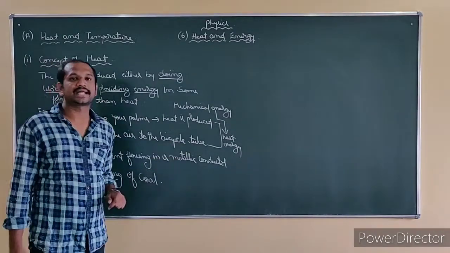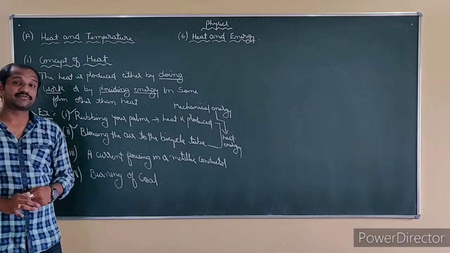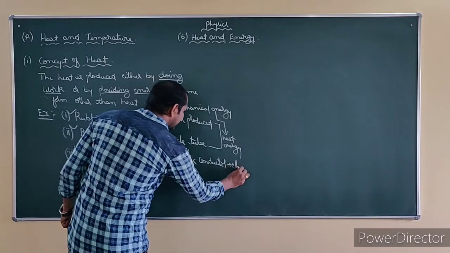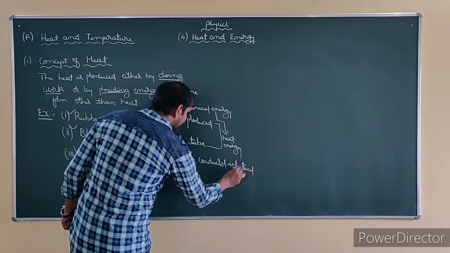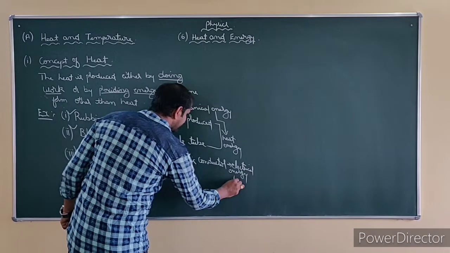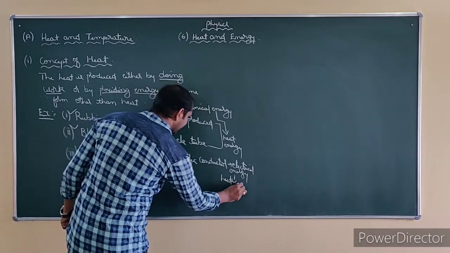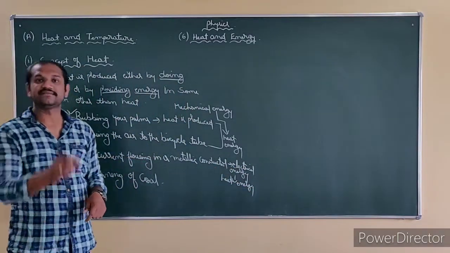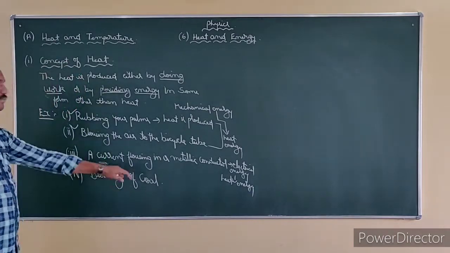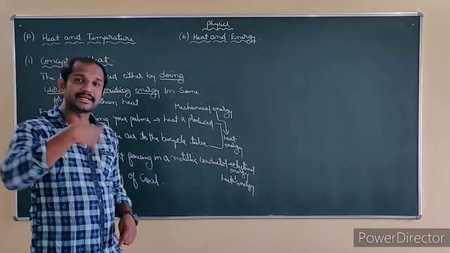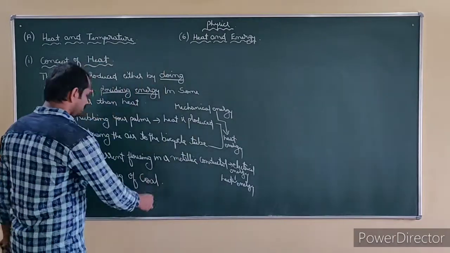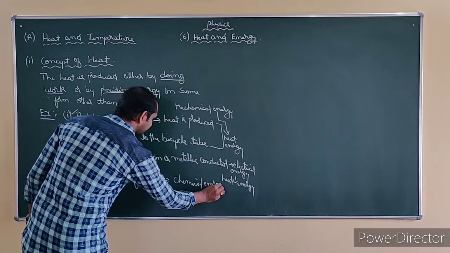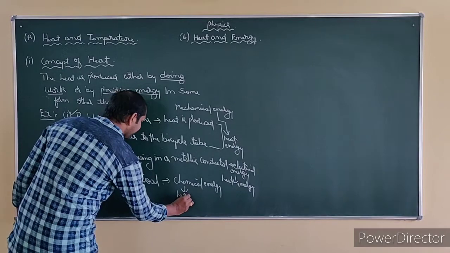Here, a current is flowing in a metallic conductor. What energy is flowing? Electrical energy. Right? In this case, electrical energy is converted into what energy? Heat energy. Or we can even call it chemical energy getting converted into heat energy. Even that is heat. Understand? And what about burning of coal? When coal is burning, there is obviously some chemical reaction happening. So we can take chemical energy. Chemical energy is being converted into heat energy.